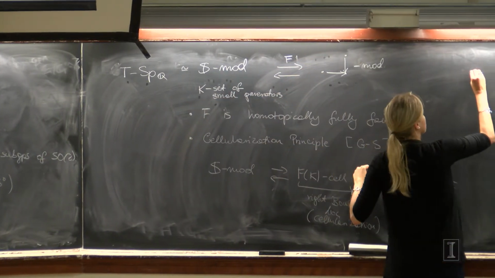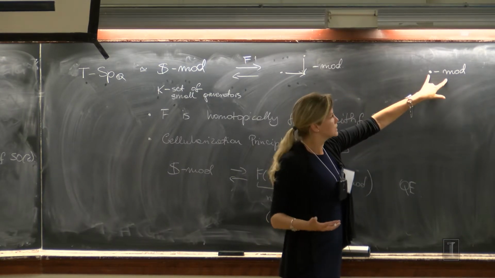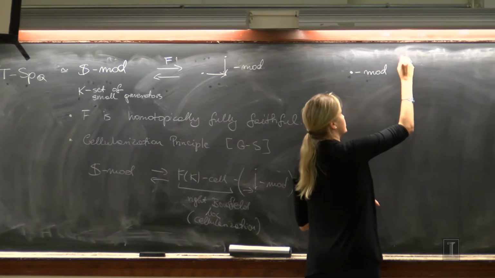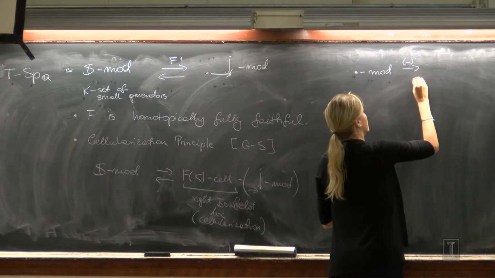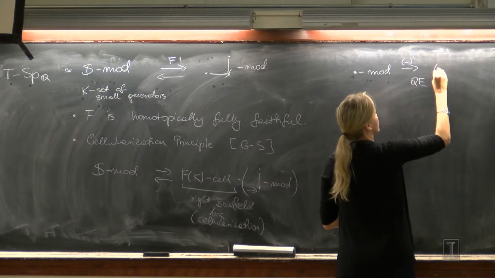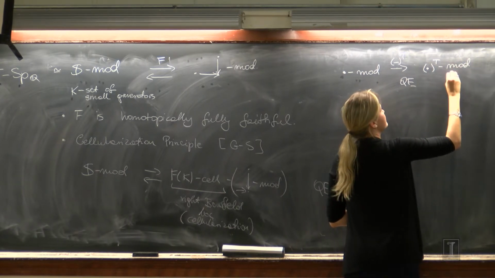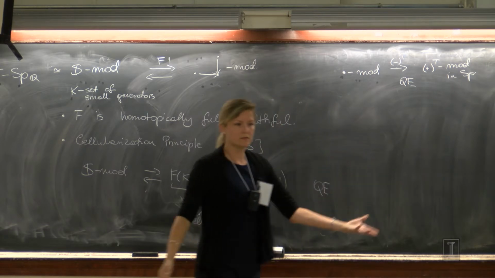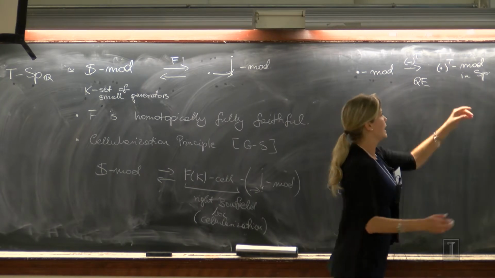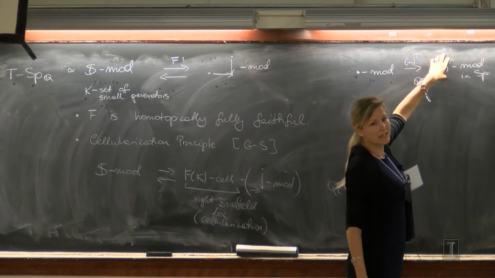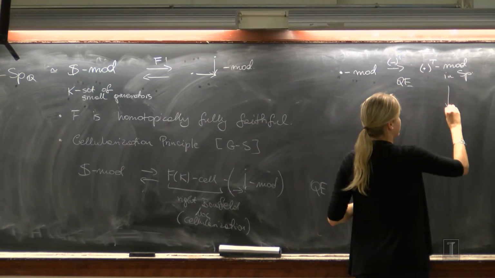What I can do now, I can look at one of those gadgets and now take the T fixed points. It's going to turn out that taking T fixed points, where T is SO(2), it's going to be behaved nicely. So I'm going to get an equivalence with, let me just put it like this. But now this gadget lives in spectra. Previously, I still had an equivariance in my underlying category, but now I live in spectra. And again, the complications here are actually hidden in this very complicated ring object. But that's OK. I can still apply Shipley's theorem,